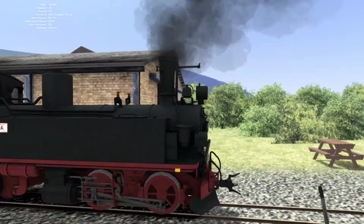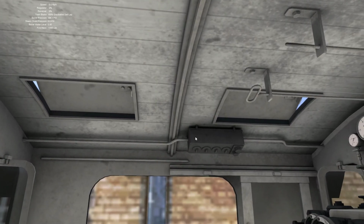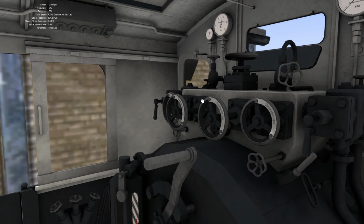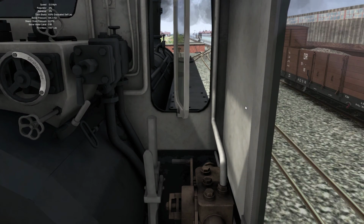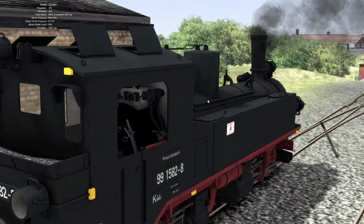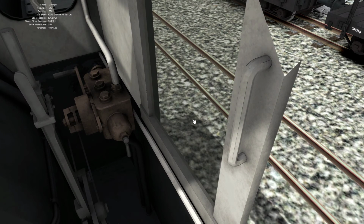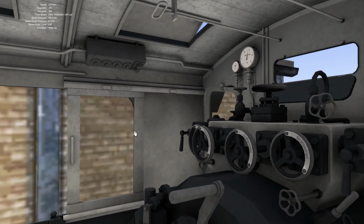But yeah, so you can fiddle with most of the stuff inside the cab. Your windows open and close, side windows, and it doesn't translate outside either. But, you know, just for giggles, it does indeed do it. Drops your little armrest there, but...